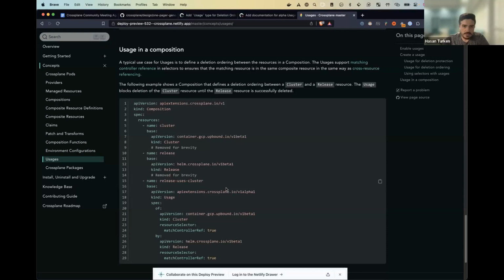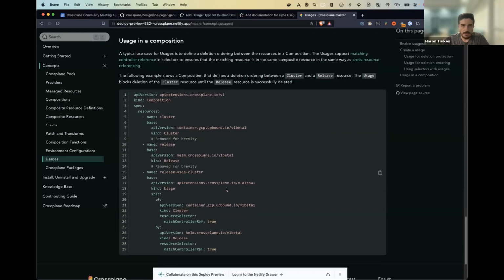The last section talks about how a usage can be used in a composition, and it shows a simple example of a composition which composes a cluster, a release, and then a usage resource for release using cluster.